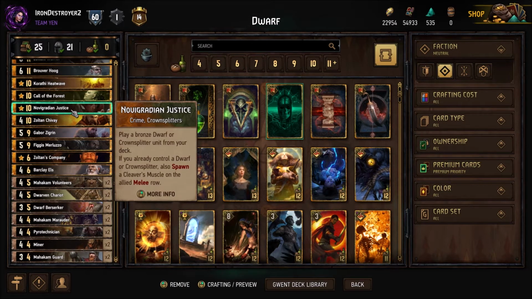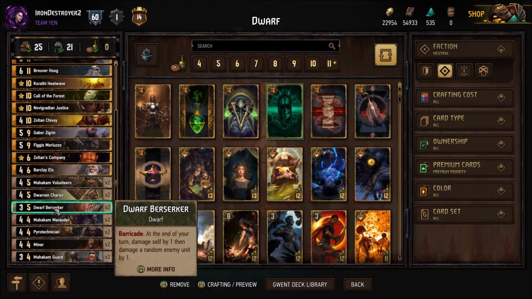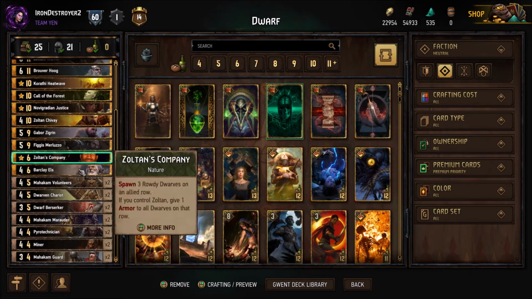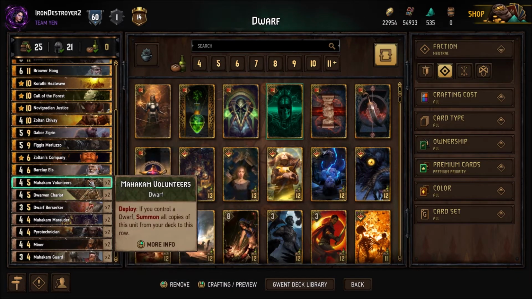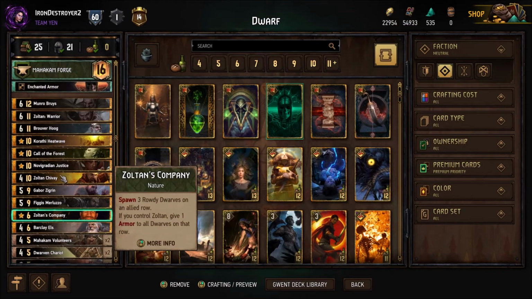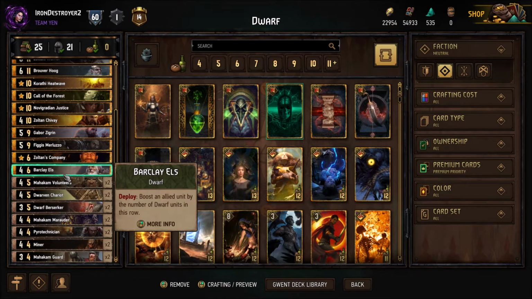The reason Justice is so amazing is because, say you have a Dwarf, say you have, I don't know, a Dwarf Berserker out, and then you play Novigradian Justice, you get out your 2 Volunteers, and you get out a Cleaver's Muscle. You now have 4 Dwarves, which means that your stuff that gets boosted for the number of Dwarves on the row, like Mahakam Guards and Barclay, their points they're worth gets accelerated,